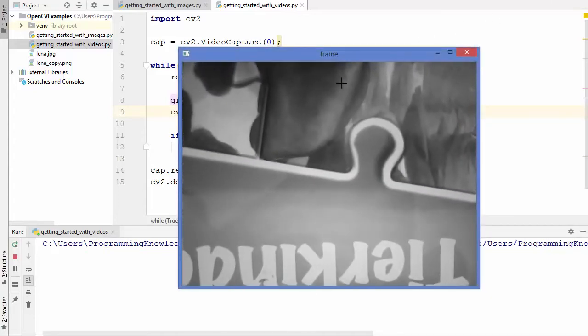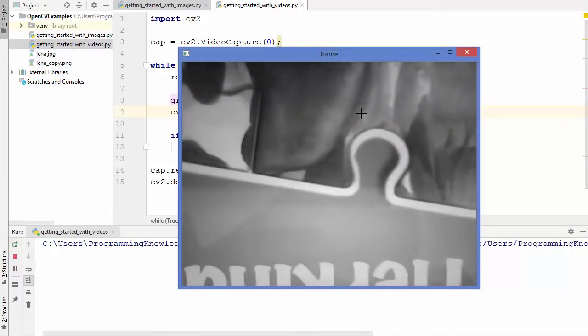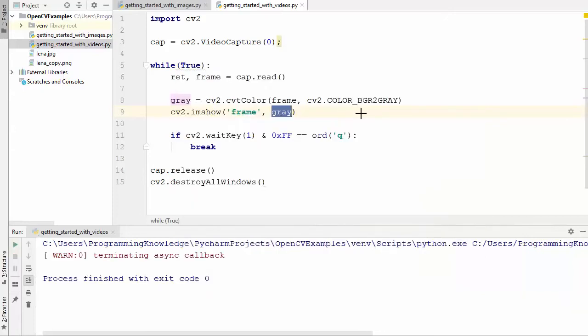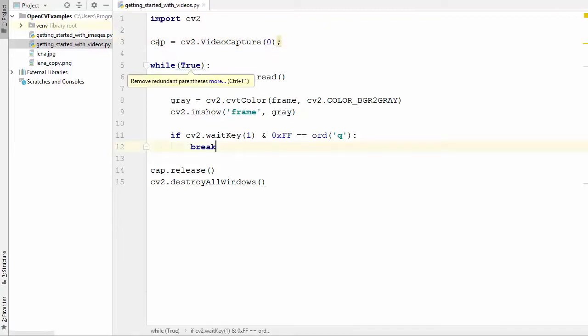And now you can see the captured video is in grayscale, and as soon as I press Q, it's going to release all the captured resources and then destroy all windows. Now, as I said, if you want to display the image from a video file, you just need to give the name of the video file, for example the name and then the extension, which is, let's say, AVI or MP4 or any other format. Now using this cap instance, you can read a few properties about the video which is captured,